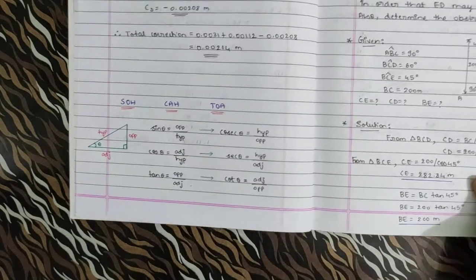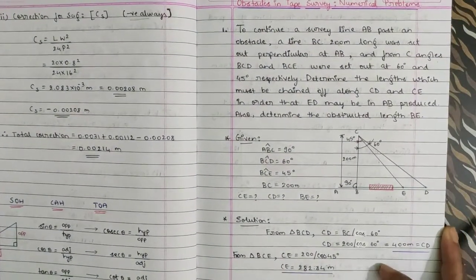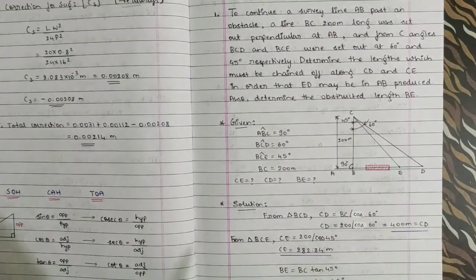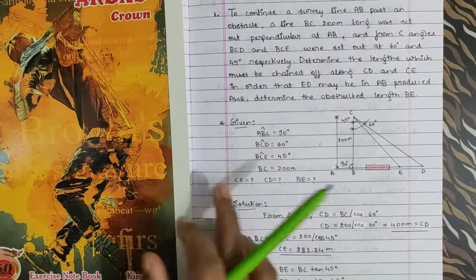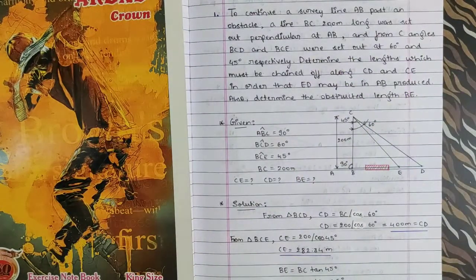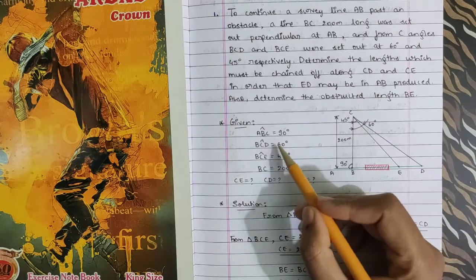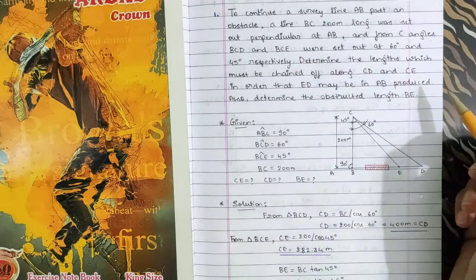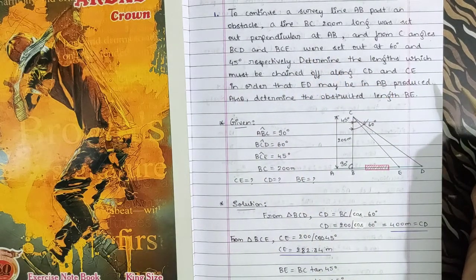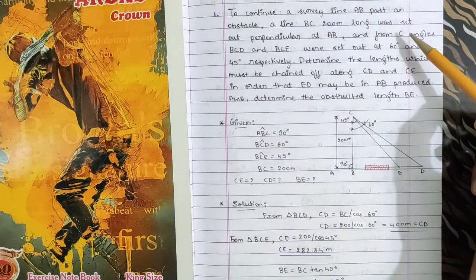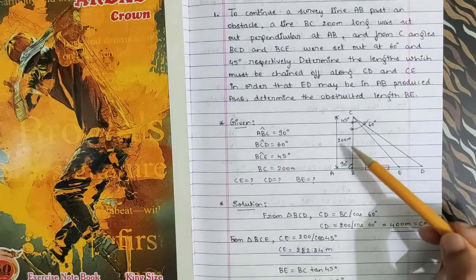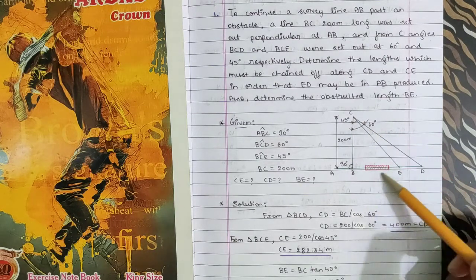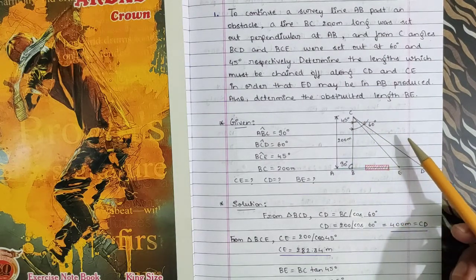Now we shall quickly get into the numericals. So the first numerical is something like this. I will read out the numerical, and along with that, we shall see how to write down the given data. Writing down the given values is important in this type of problem, that is problems regarding obstacles in tape survey. While reading the question itself, you have to start writing down the sketches. Without sketches, you cannot solve the problem at all.